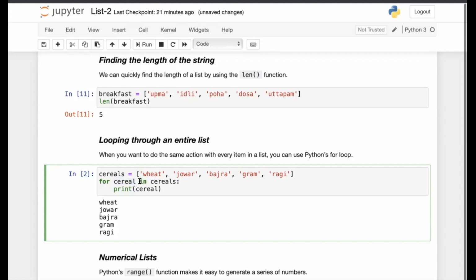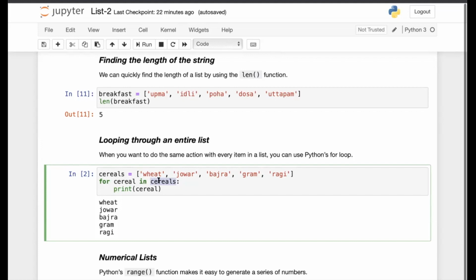Then the in keyword, which means you are referring to the items inside the list cereals. The cereals list consists of different cereals which we usually consume: wheat, jowar, bajra, gram, and ragi. This list has 5 items. So we basically say that it creates an iterator.